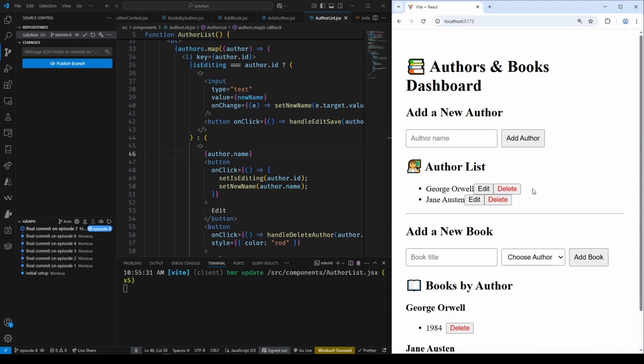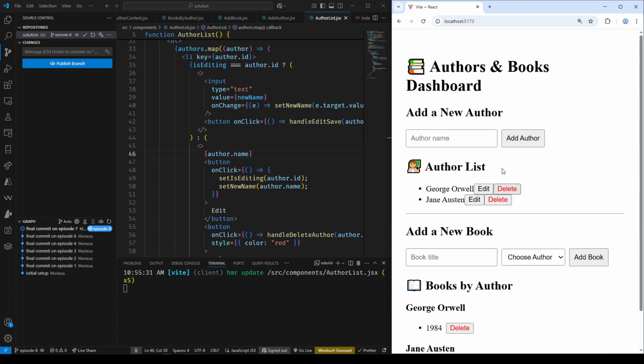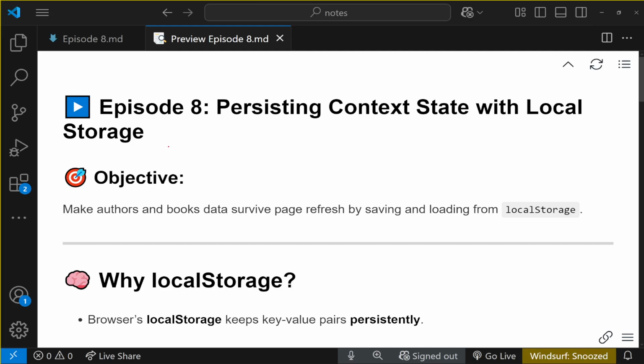So the next step for this dashboard app is to implement the functionalities required to store and persist the changes to local storage. That will help us to keep our changes. Whenever the application is loaded or reloaded, the changes will be loaded from local storage and we will not lose the changes anymore. Let's get to this. So yeah, the objective is to make sure our authors and books survive page refresh by saving and loading our